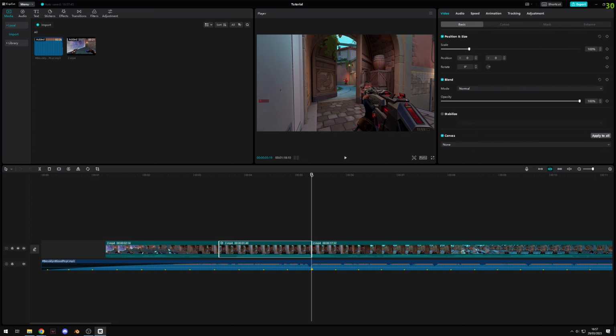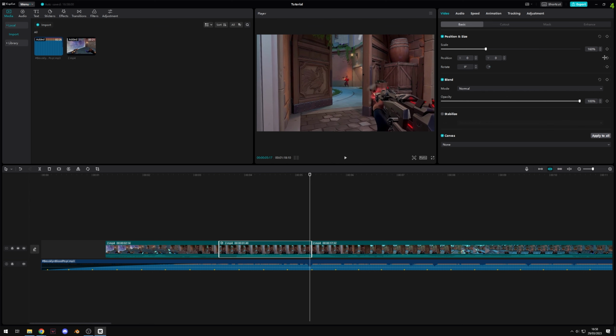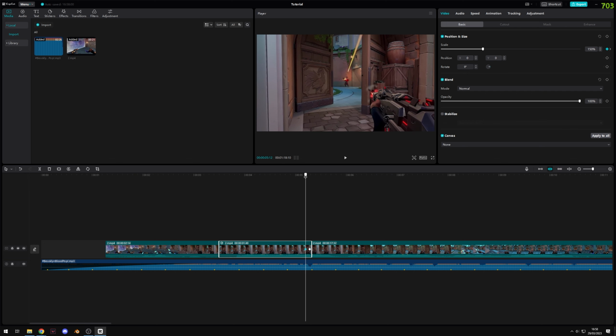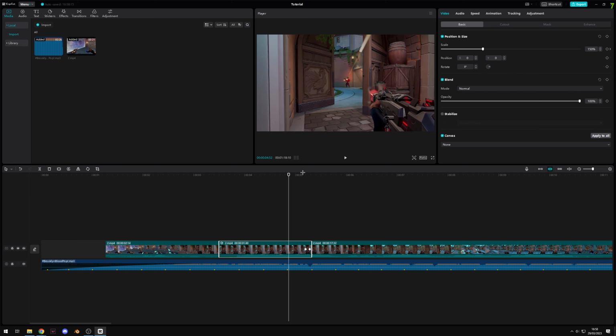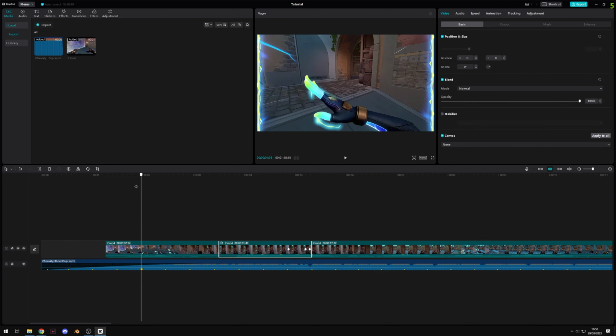So if we go back one frame to look at the last frame of this clip, and we're going to set this, and we're going to drag the scale in. So I'm going to pick something like 160, and I'm going to add a keyframe, go back a couple of frames, maybe 3. I'm going to set it to 150, and then I'm going to go back a decent amount, and we're going to go for 100. And 100 is sort of the default size. So you can see it's added the 3 diamonds, and the keyframe is highlighted over here, so we know it's applied. So if we watch this back,